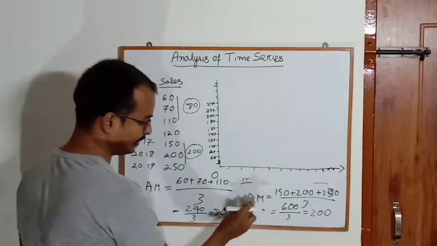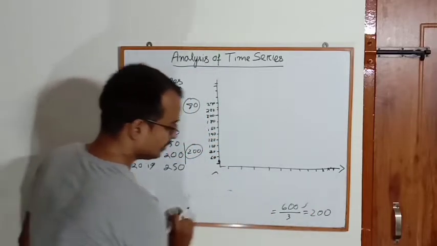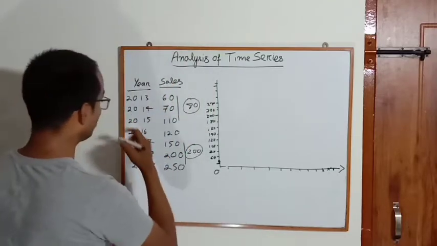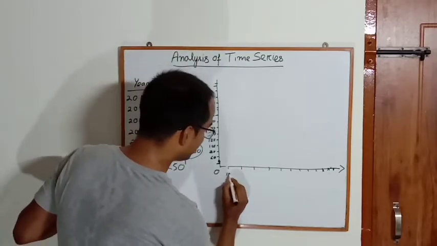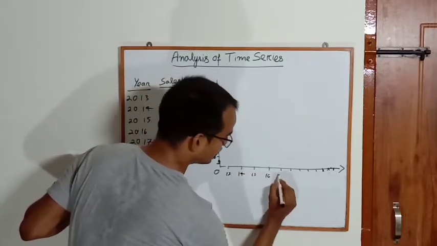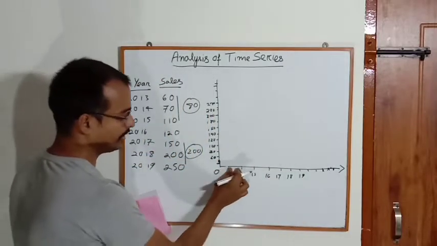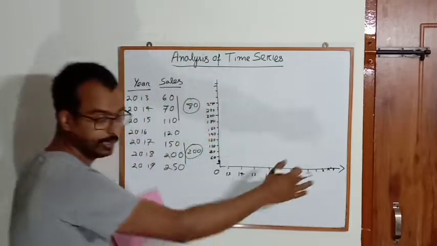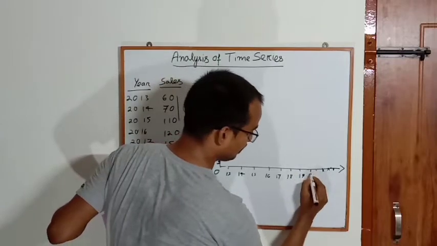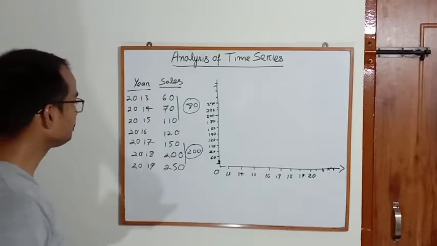I can erase this thing, I think. I have shown. So, let me erase it. The space is very small here. 0, 2000. I'm just writing 13. 13 means 12, 13, 14, 15, 16, 17, 18, 19. The scaling should be the same, here the space should be the same, but due to lack of space it's not the same here. 20. Okay.